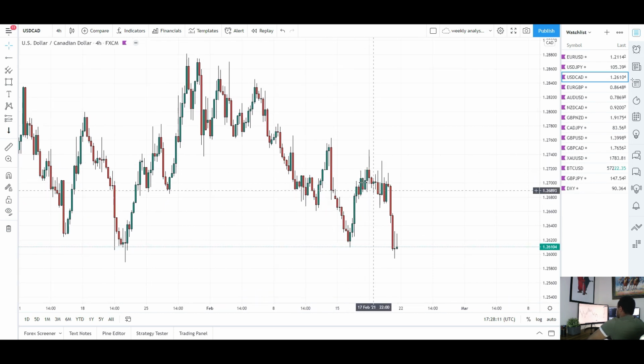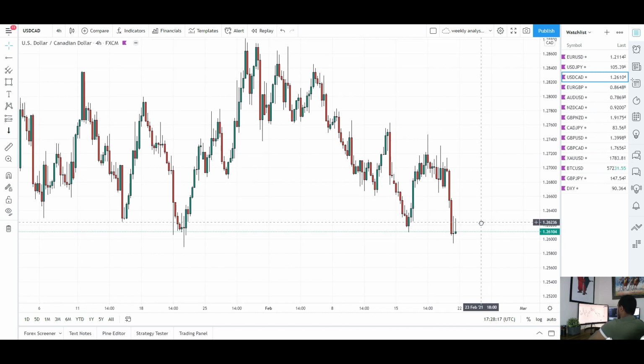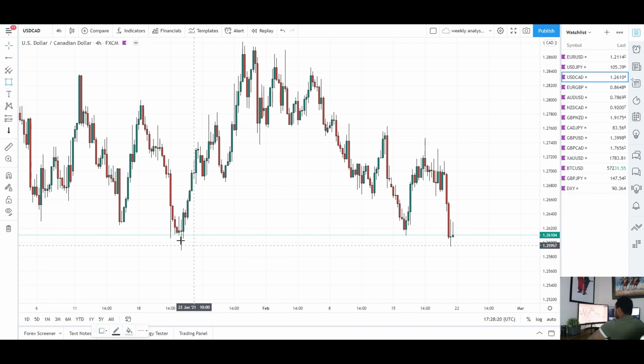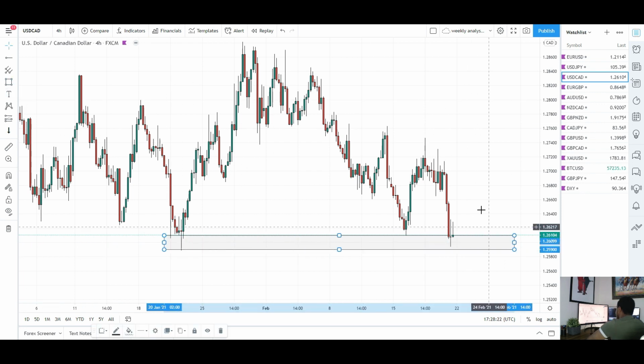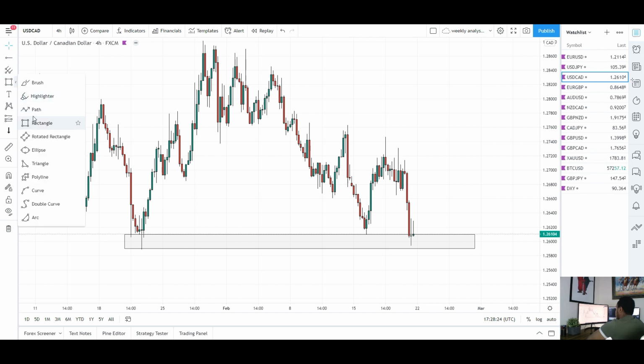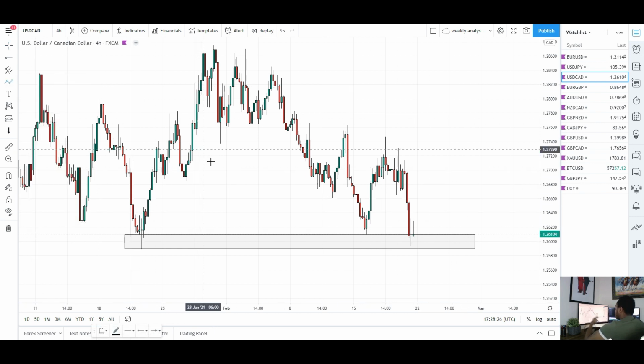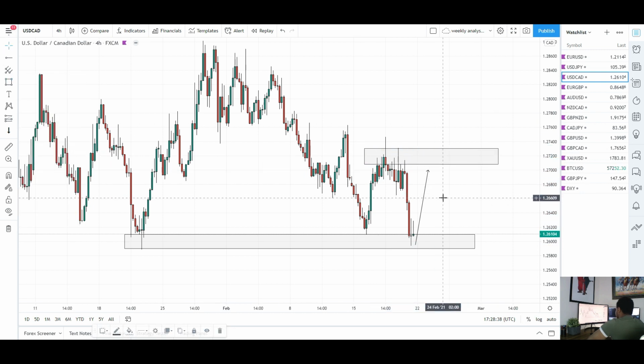So again, you can see I had a really nice pullback here in the market, push to the upside, and then price couldn't sustain itself, fell to the downside, and had a really nice sharp move to the downside there. So for USD CAD, we're coming back into these lows here. Might see a brief push to the upside, because again, we are at a very strong support. You can see the level of momentum that we had to the upside, a really nice push, creating highs all the way up there. So we might see another push to the upside, maybe even retest the previous high from here. And then I do expect to see further continuation to the downside for USD CAD, create new lows, and